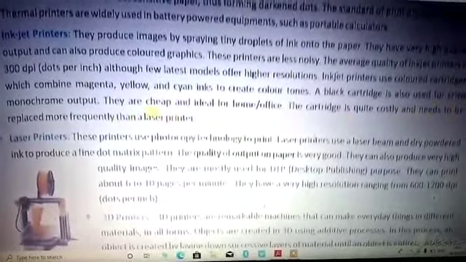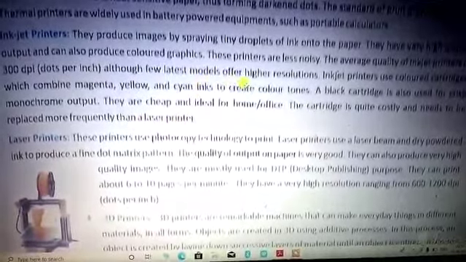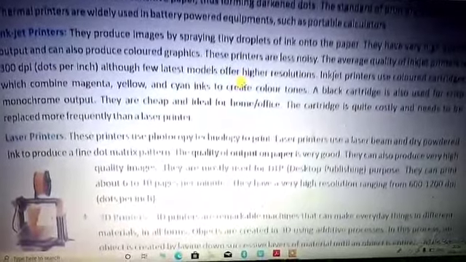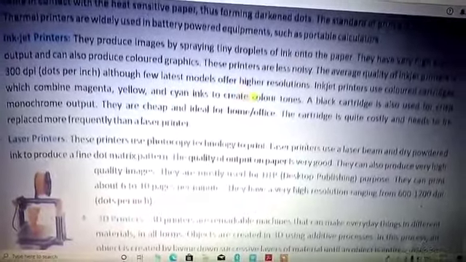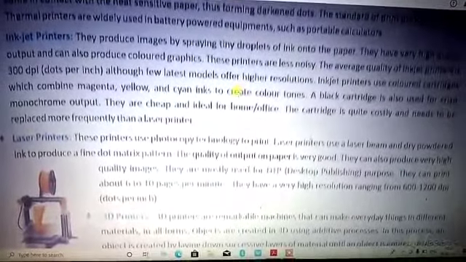It needs to be replaced frequently, as with the laser printer. The ink of this printer is very costly in the colorful form, not in the black and white form.